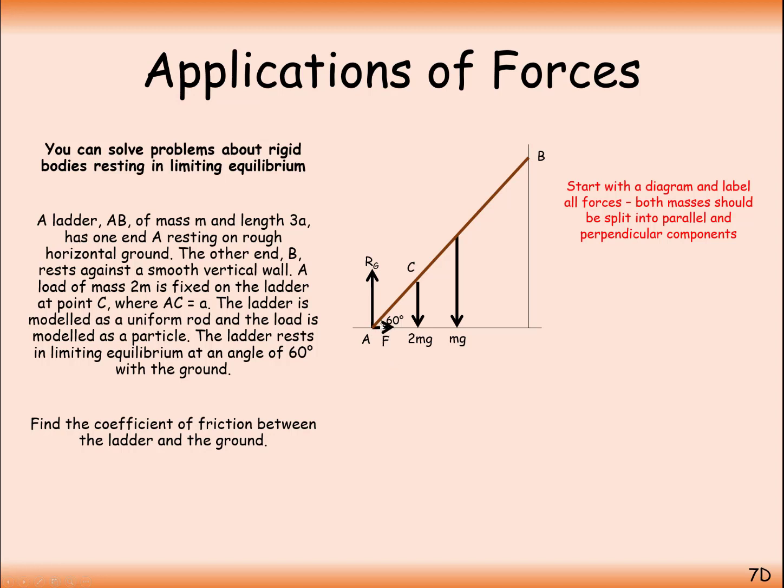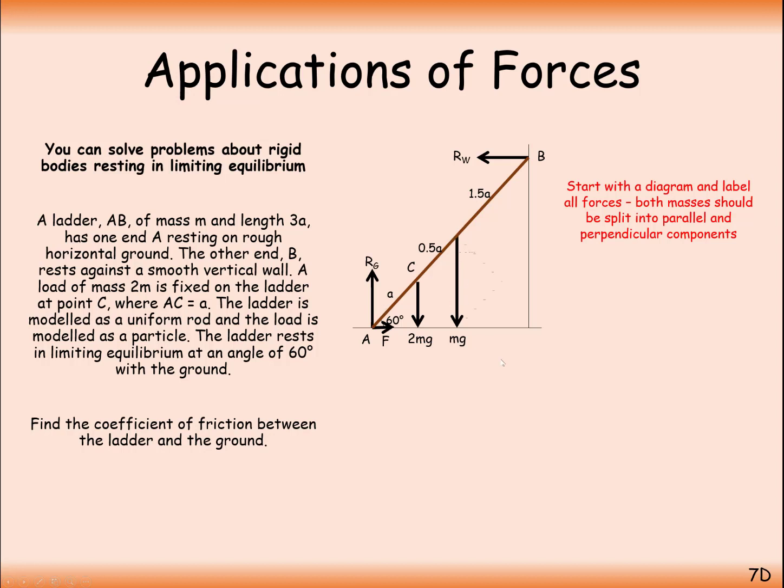That's our friction, and that's our friction because it's going to act the opposite way to the way the ladder is sliding. That's our reaction here, and you could easily call that RB, just to have cleaner notation. That's A, 0.5A and 1.5A. That will make sense because the whole length is 3A, so this must be 1.5A for the